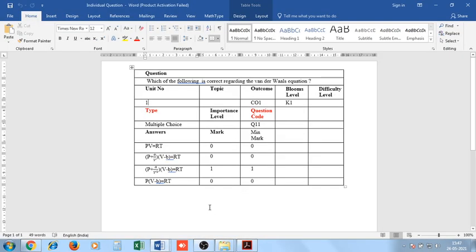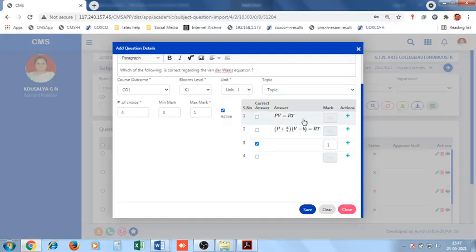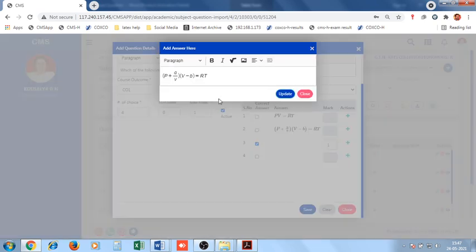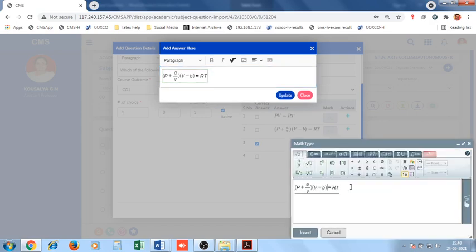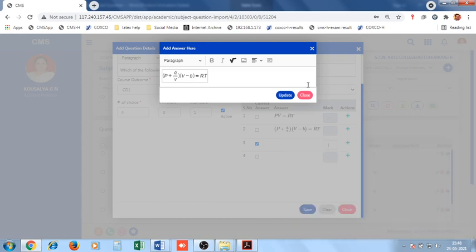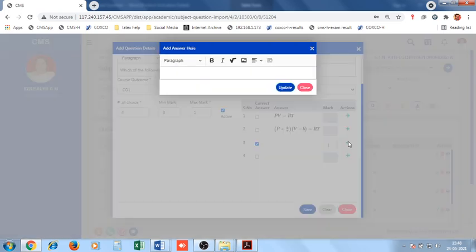Third option, P plus A by V square, V minus B equal to RT. That is the third option. So in order to explore third option, we can copy this equation and we can use it in the third option.